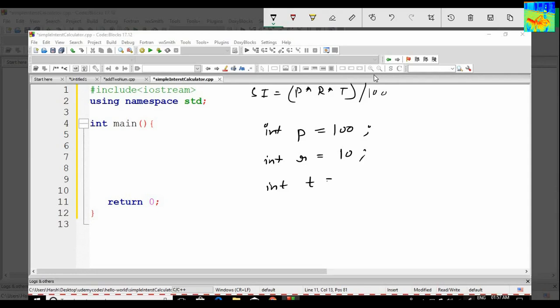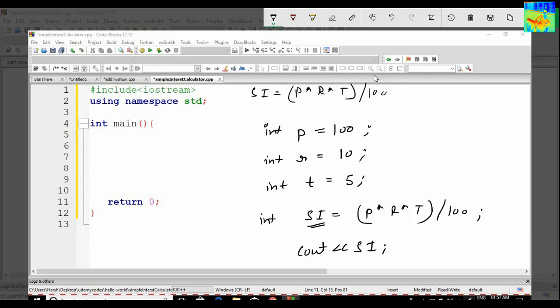Int t, time, let's say 5 years. And int simple interest equals principal multiply rate multiply time divided by 100, and then semicolon. After calculating simple interest, I will print simple interest. So cout simple interest. Okay, so let's write code for it.